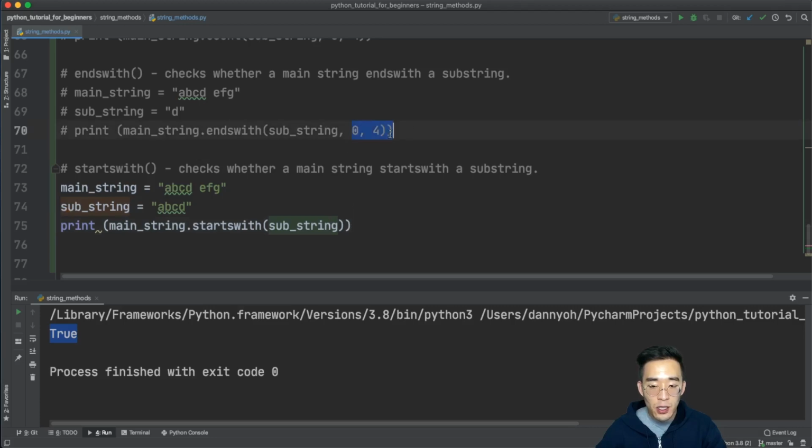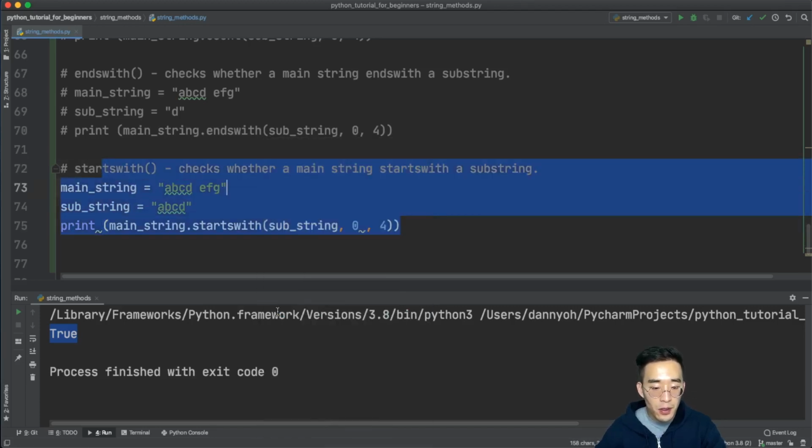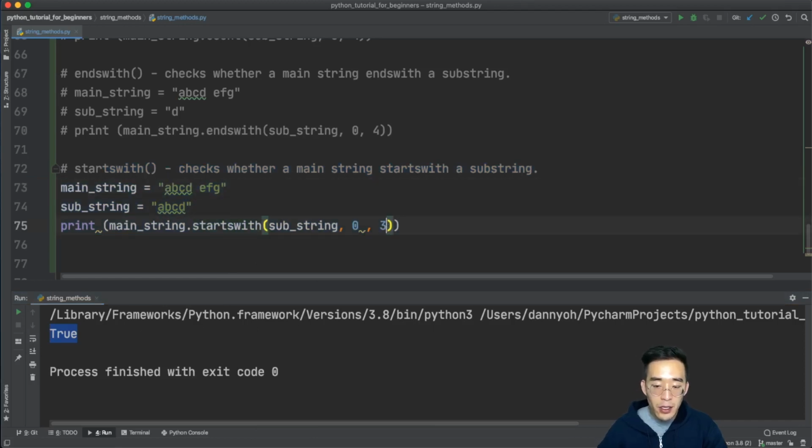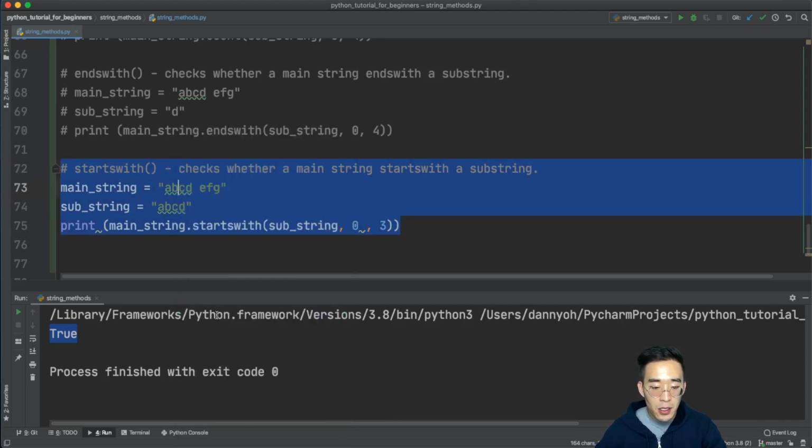And same as endswith, you can define the start and stop index. In this case, let's define it as 0 to 4 and see what happens. It's still going to return True because it's from 0 to 4 here. If I put 3 here, let's see what happens. It's going to return False because we are trying to look for the ABCD string, but our search range is from A to C. It doesn't include D there,